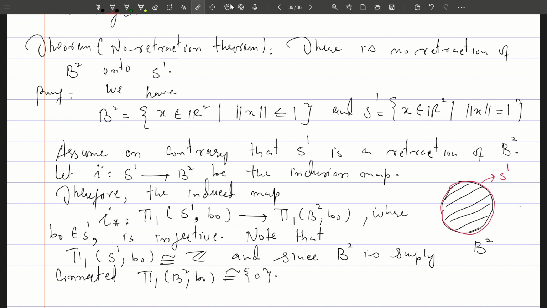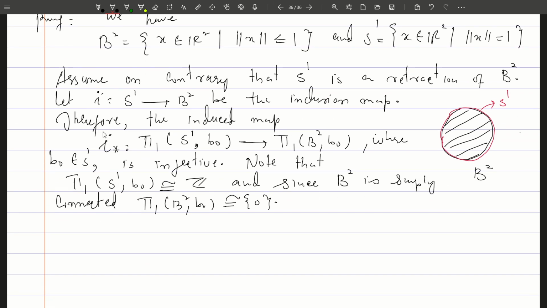So this shows that I star is an injective map from Z, an infinite group, to the trivial group 0, which is not possible because there is no such injection. So this gives a contradiction,